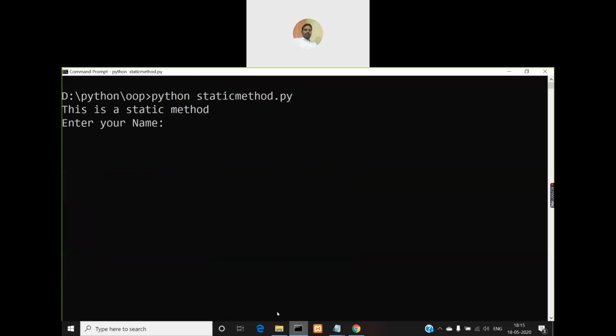So you can see this is a static method, then it is asking you to enter your name, then it will display hello concatenated with that name that you entered earlier, and then the init method will display class instantiated. Okay,